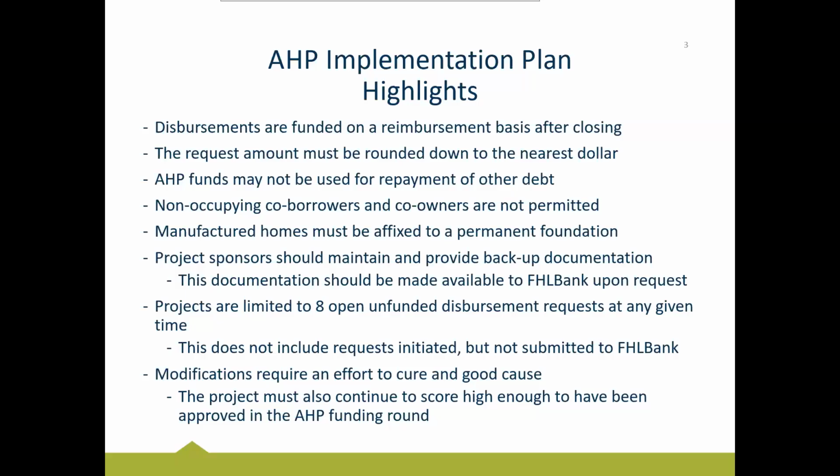When you do submit that reimbursement request to us, the amount must be rounded down to the nearest dollar. This generally isn't a major issue for down payment assistance projects, but if for any reason the grant amount has change on the end of it in the closing disclosure, you'll have to wipe that change amount off the end to be able to submit the reimbursement to us. Our accounting system just really doesn't allow us to disburse out any change. So you'll want to make sure that it is a round, even number for that grant amount you're requesting for reimbursement.